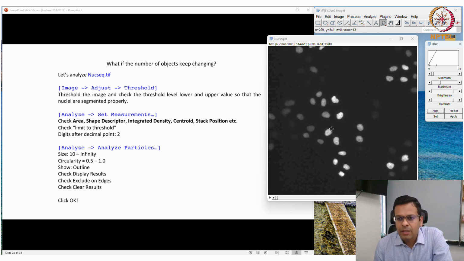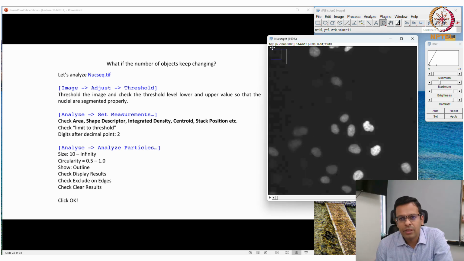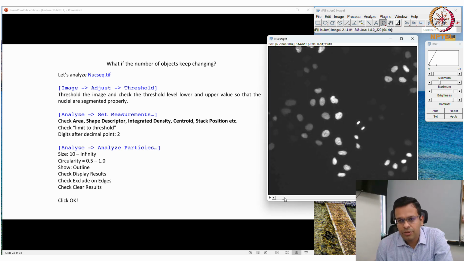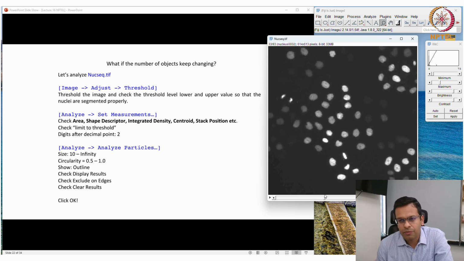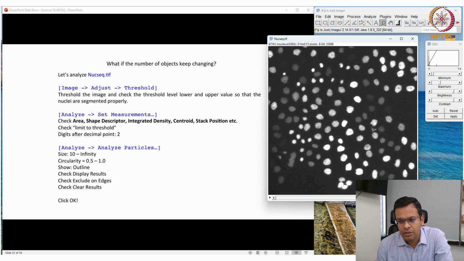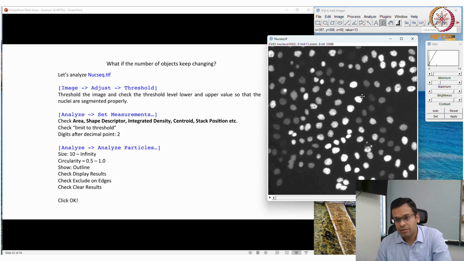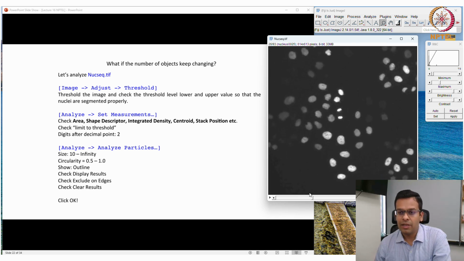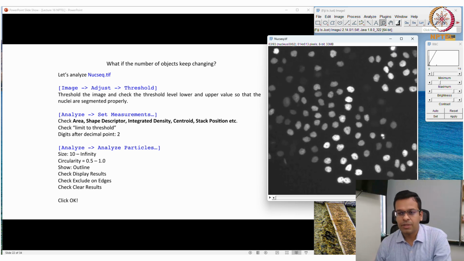In this image you are seeing the cell nuclei stained by some fluorescent dye, and this is a time-lapse movie. It has a total of 93 time points. If I go through all these time points, you can see the cells are dividing, so the number of nuclei is increasing. Each of these nuclei has different brightness, meaning different expression level of whatever fluorescent protein is labeled. They have different size and shape. You want to quantify how the number of nuclei increases over time and how their intensity values, size and shapes are changing.